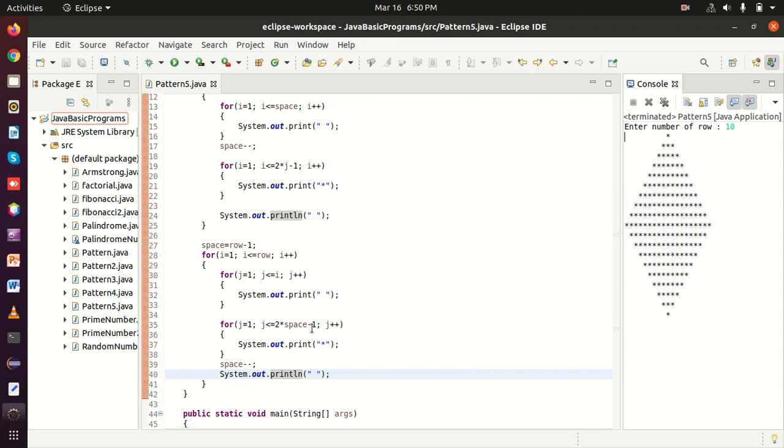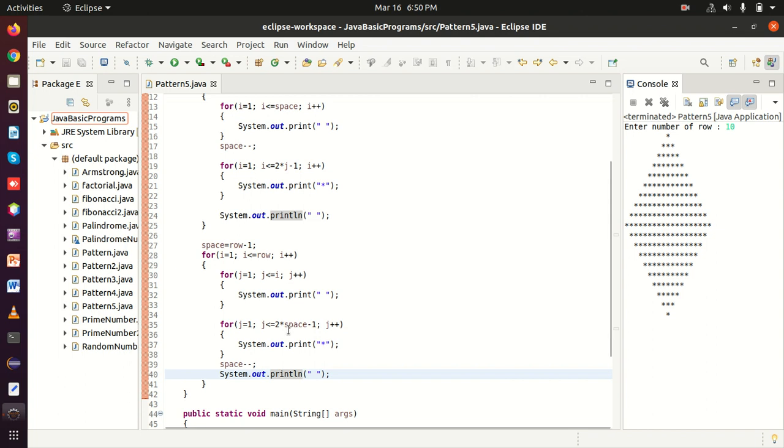So is 1 less than 17? Condition true. It will come in and print a star. How many times? 1 to 17.